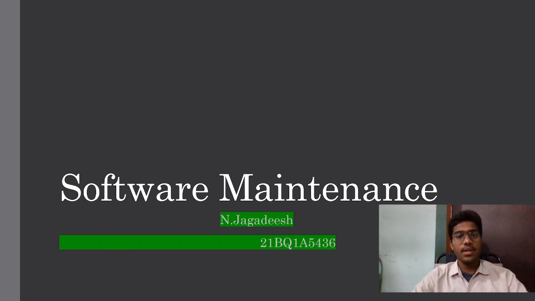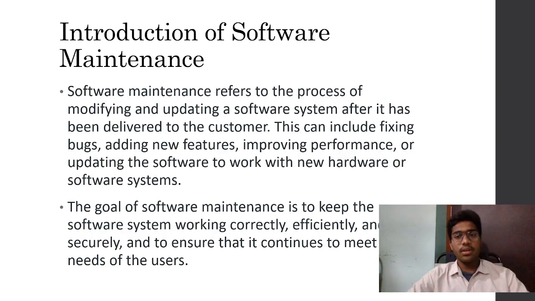Let me explain briefly about software maintenance. First of all, the introduction of software maintenance. Software maintenance refers to the process of modifying and updating a software system after it has been delivered to the customer. After the software is handed over to the customer, it has to be maintained, because maintenance plays a major